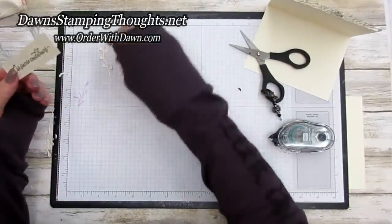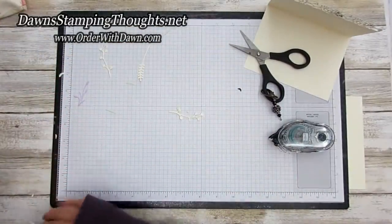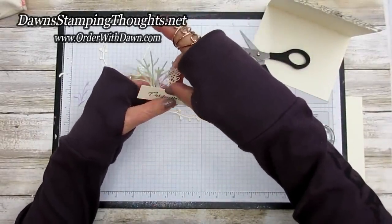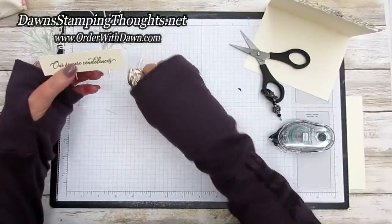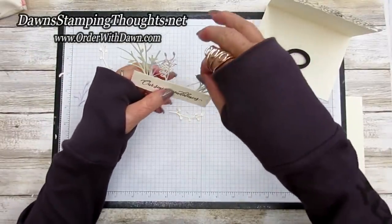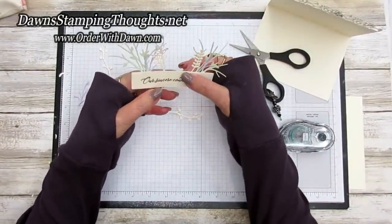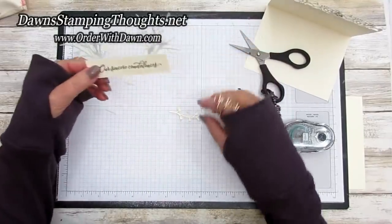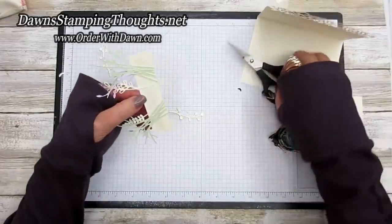Then we're going to take our other layer here. Where's that one? Right here. This is the one I want over to the side here. Just like that. And then this one, I'm going to bring this over here to this other side. Just making two little clusters on each of the sides, and then we're going to also clip this bottom so